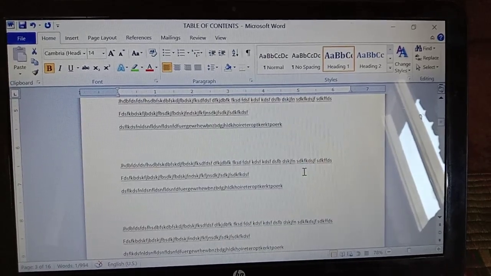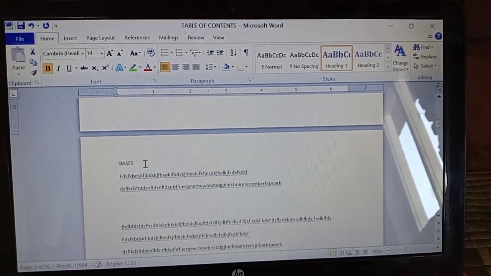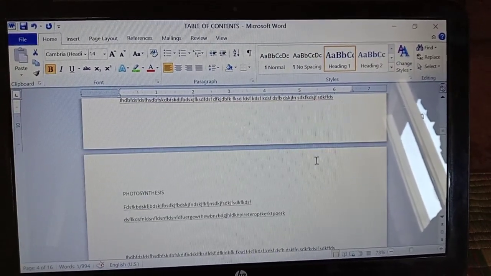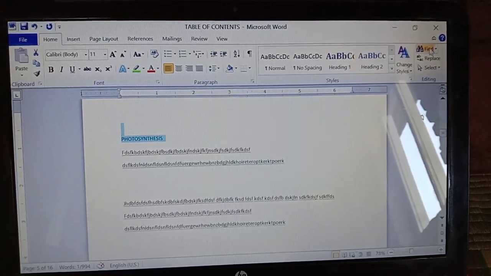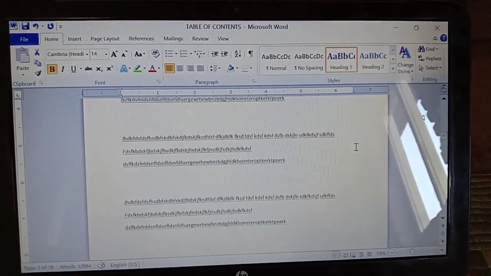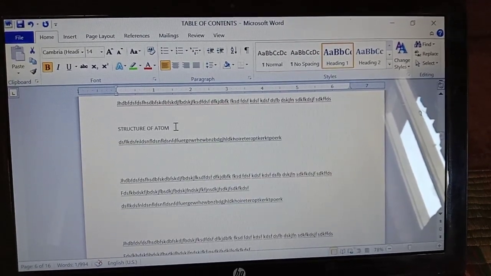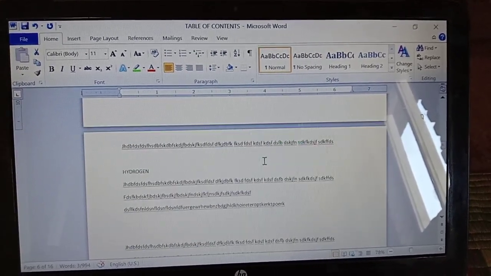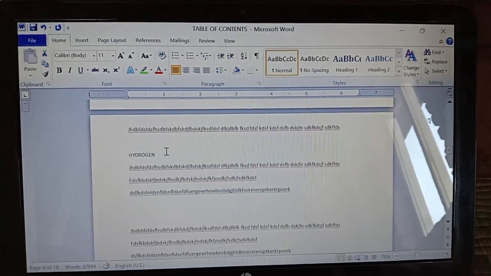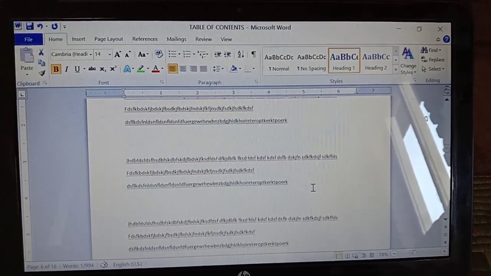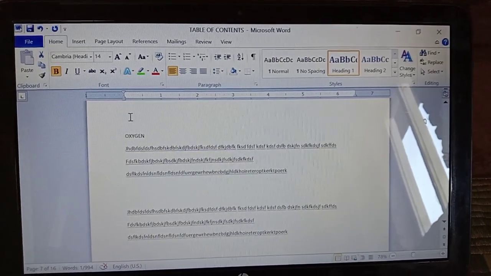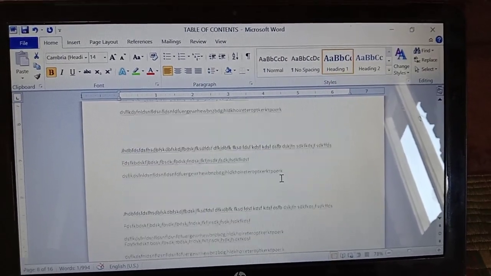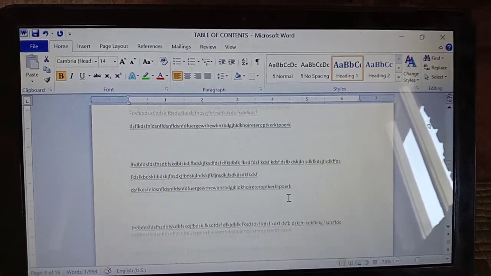You have to give the styles compulsorily for each and every heading in the document. Okay, I have given.